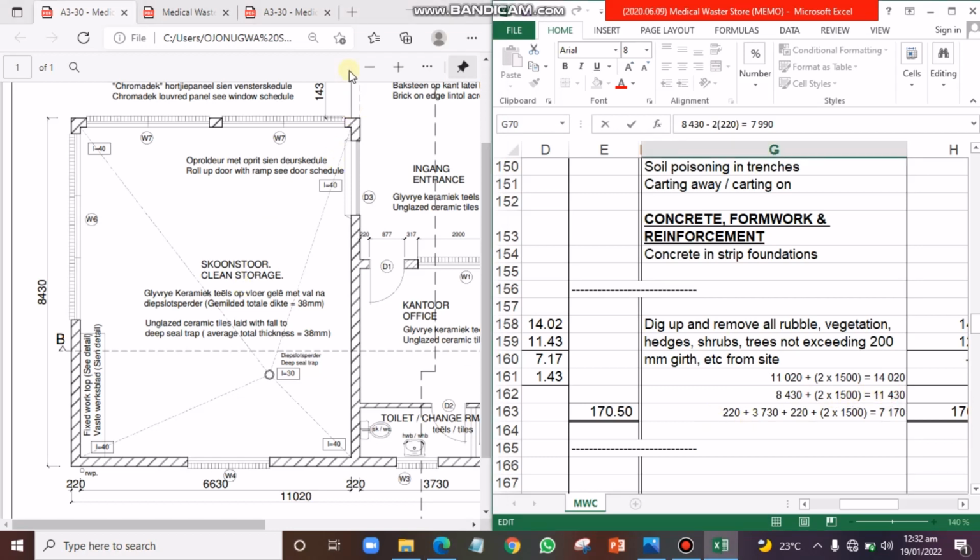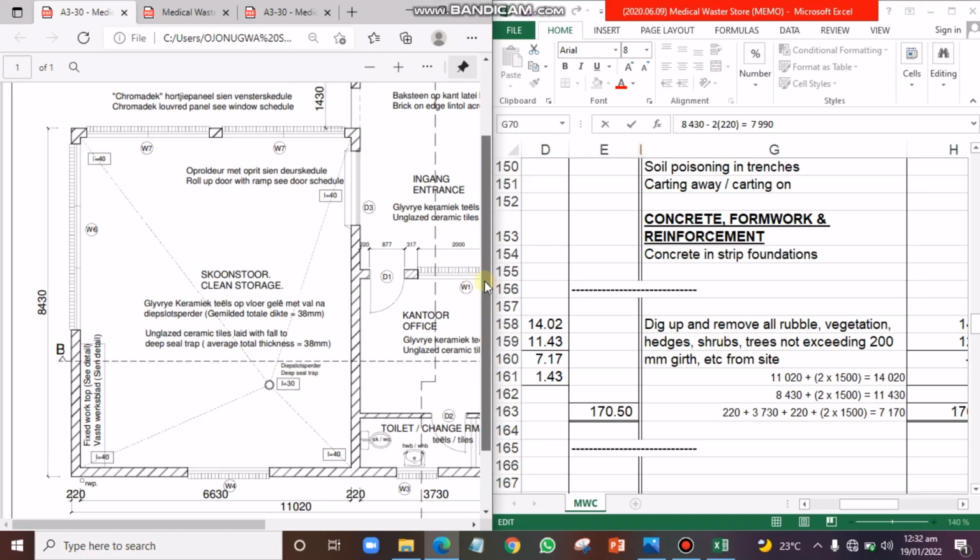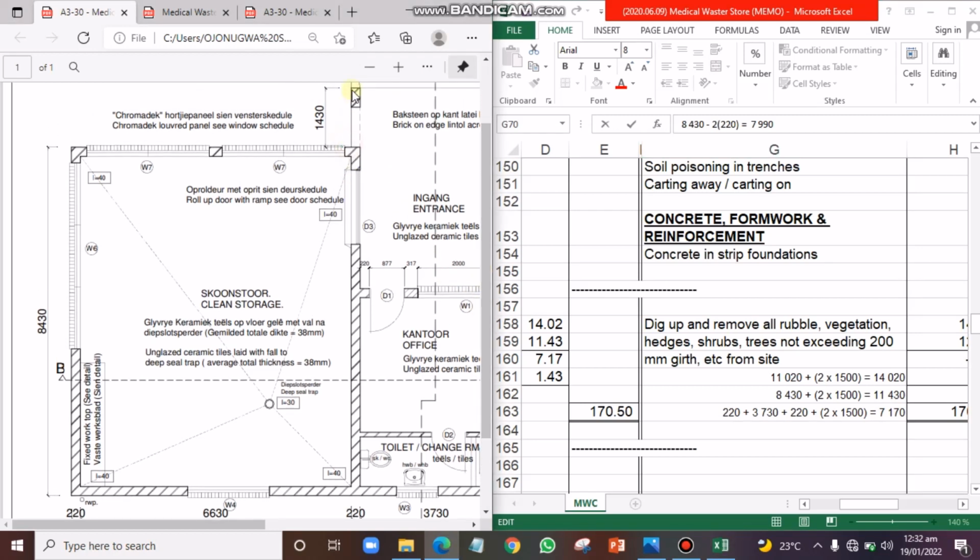Then for this other place here, from this point to this point, we have it as 1,430. This is going to remain the same, because the working space that has been added already to this 8,430 will take care of the additional space for this place here. So we'll just move down to the last part,